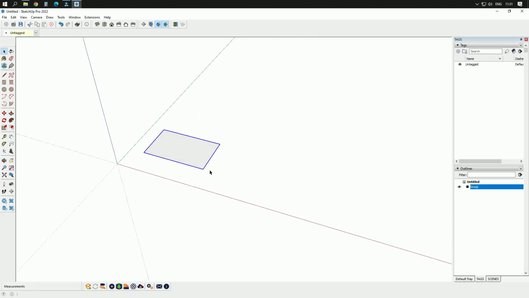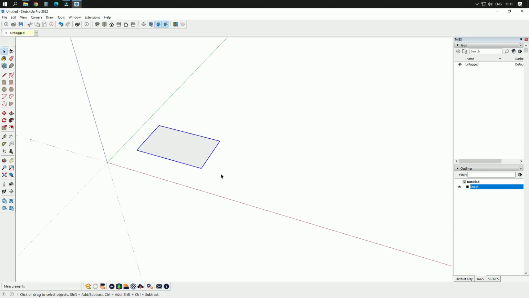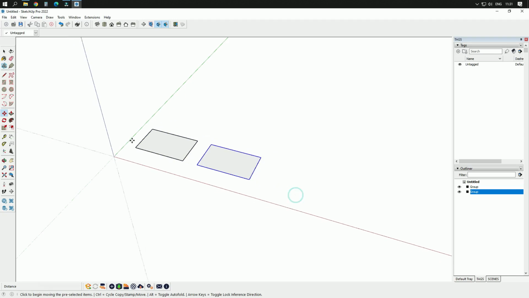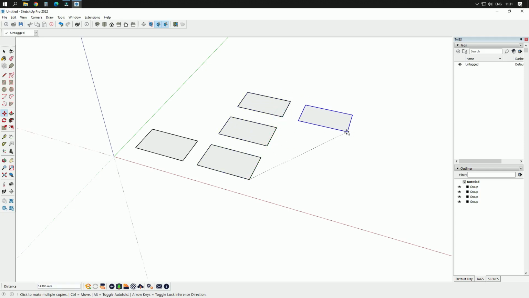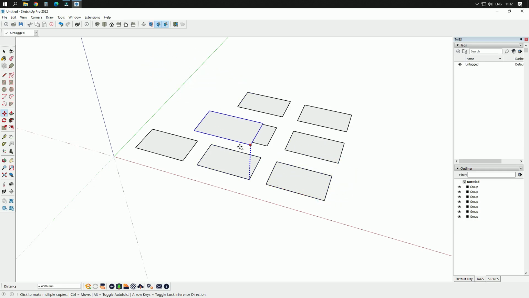Now, instead of moving, I would like to copy this object, and this is again done with M from your keyboard. And now I will click over the control button, and now I can copy. If I double click over the control button, I can copy many times the same object wherever I like. I can of course lock the direction of copy,